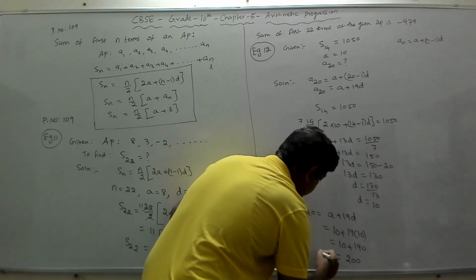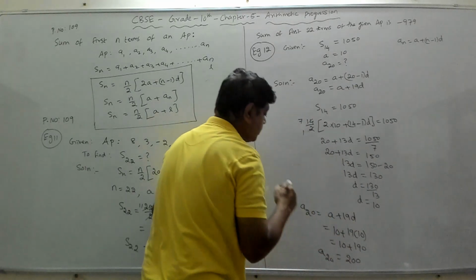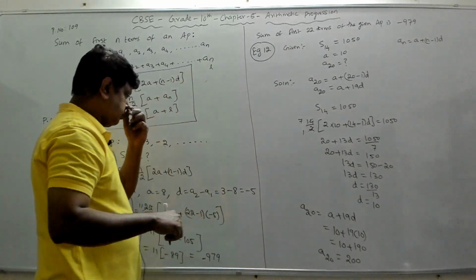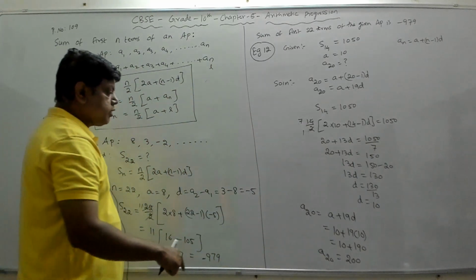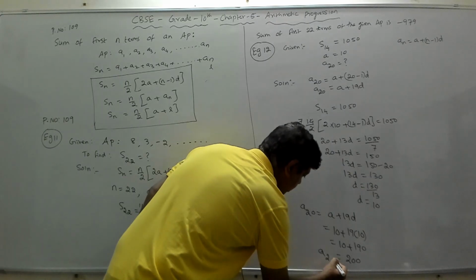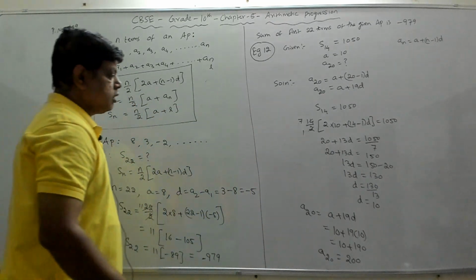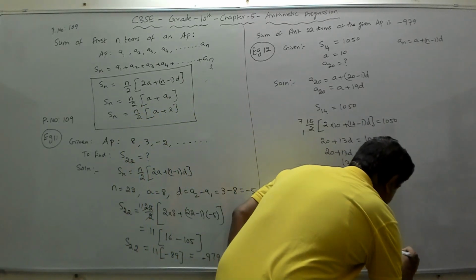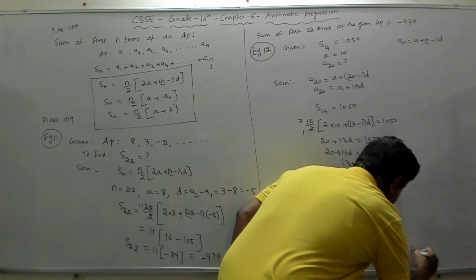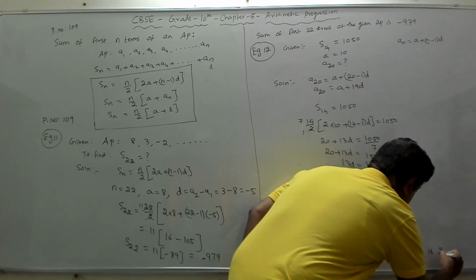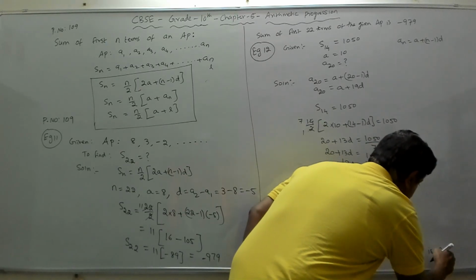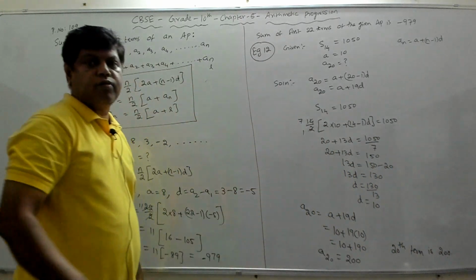So what is your 20th term? Your a20 is 200. Here the 20th term of the AP is 200. That's the answer for your